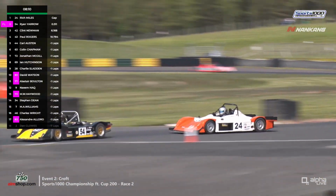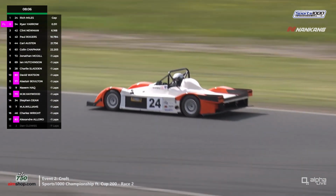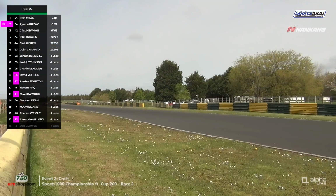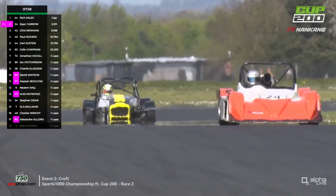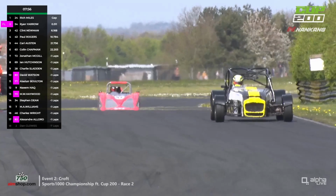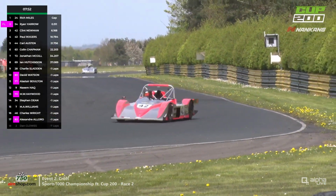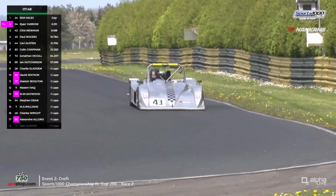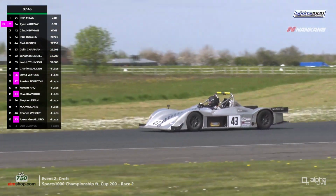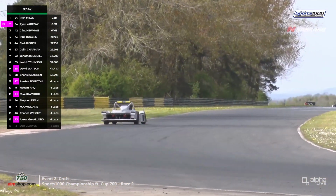But that is an opportunity for Ryan Yarrow to get up the inside into the chicane. Is that a potential problem there for Rich Miles, or is he just a bit wrong-footed after going a little bit wide at Hawthorne? Well, yeah, he was all over the curb, wasn't he, at the exit of the chicane, and he's lost a lot of ground now to the race leader. So was that a problem, or was that just, as you say, a bit of being in a slightly discombobulated situation? He's got a couple of seconds now, I would say, to try and make up on the race leader,